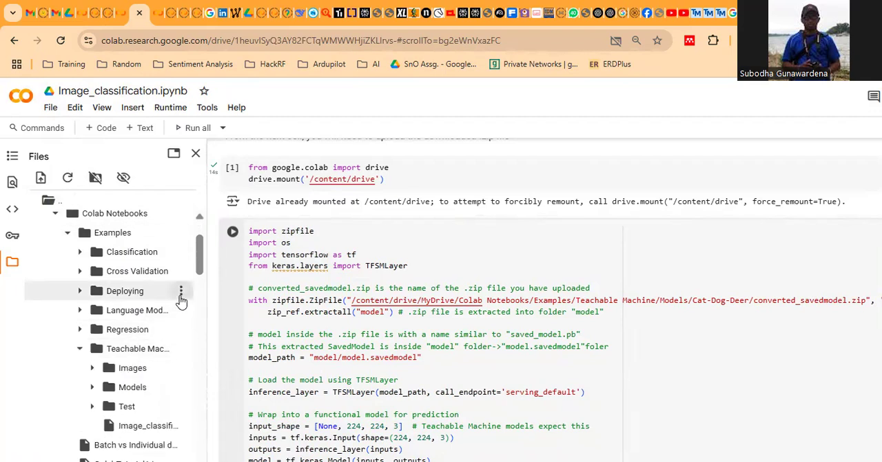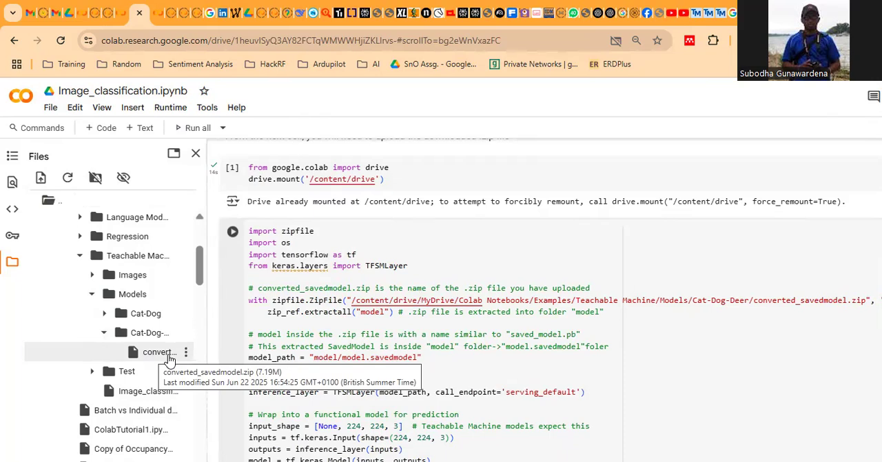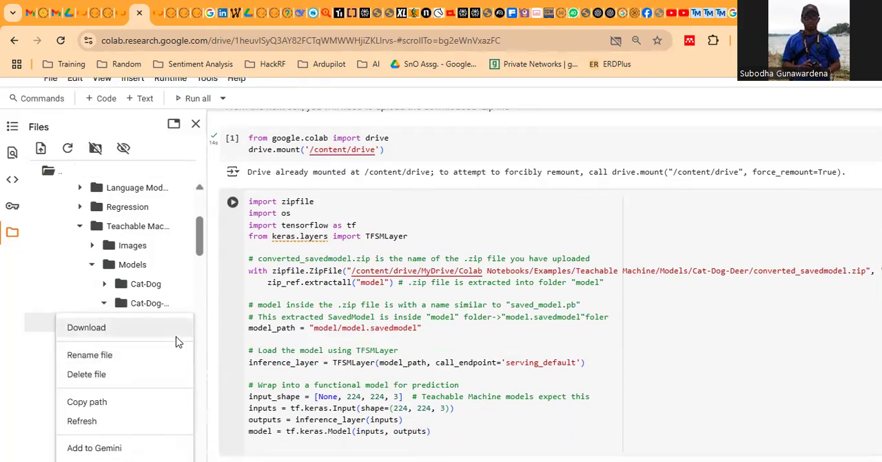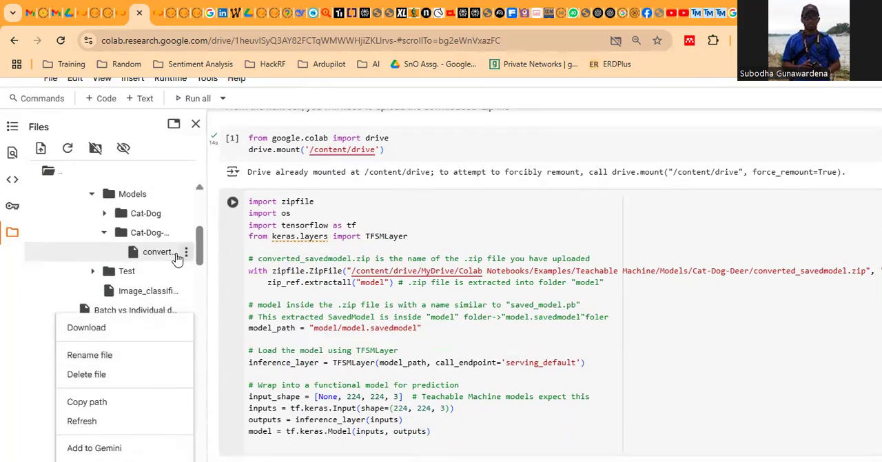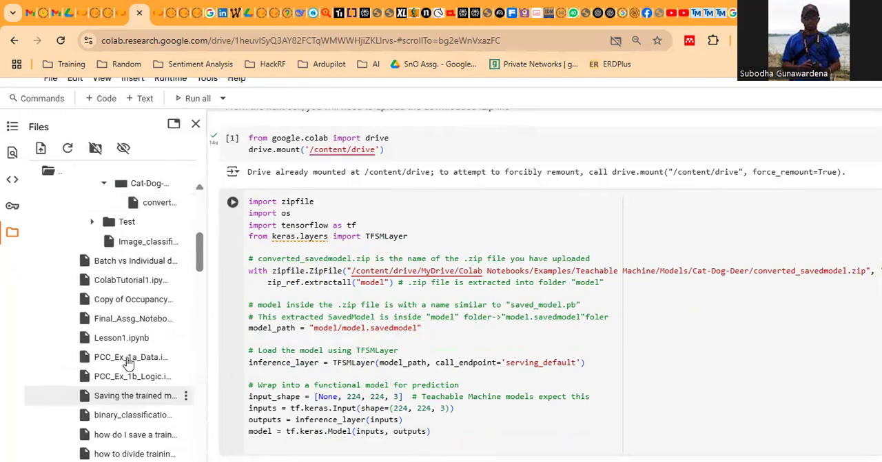teachable machines folder, in my models folder, I have my cat, dog, deer. This one I have my model, right? So I have to select the path. So I just right click, not right click, right? I just click on these three dots and copy path, right? I have to copy that path and paste that path to where